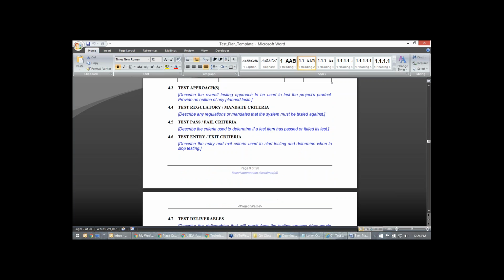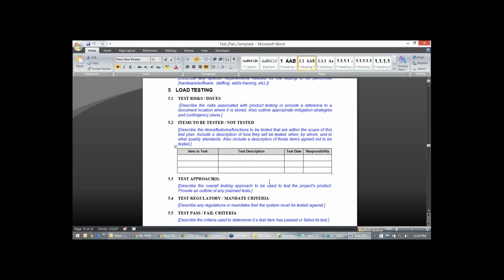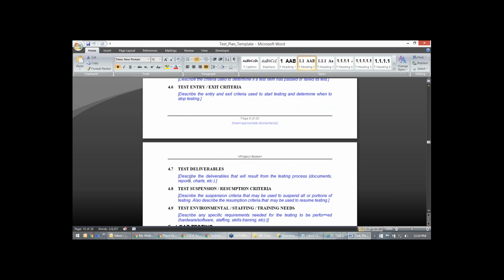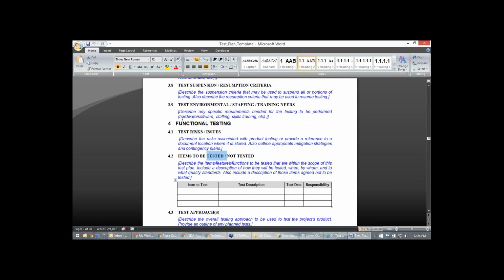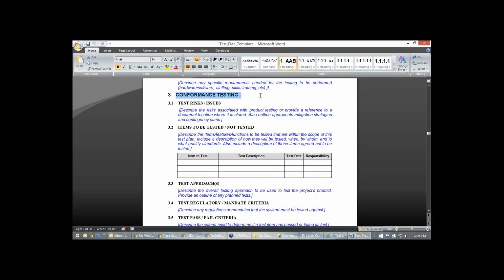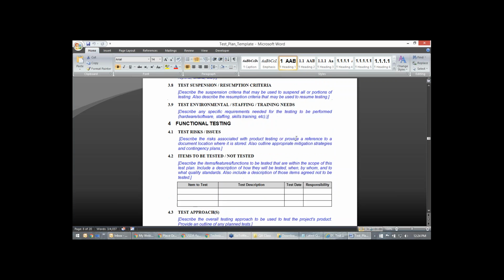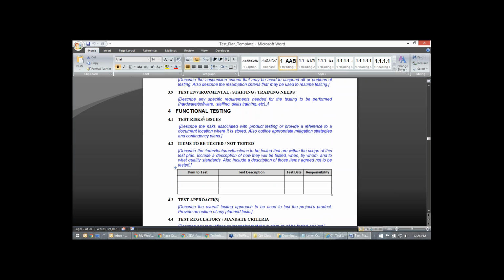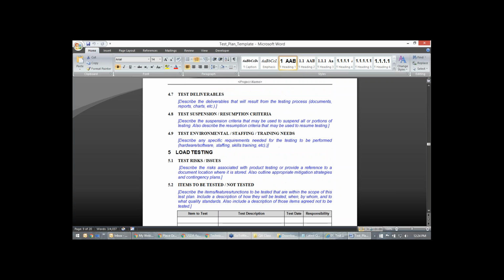Okay, so let's see this. This is functional testing, so make sure you update this. This is conformance testing. We are not worried about this, you can leave it just like that. Functional testing, make sure you edit this in the functional testing module, not in something else.